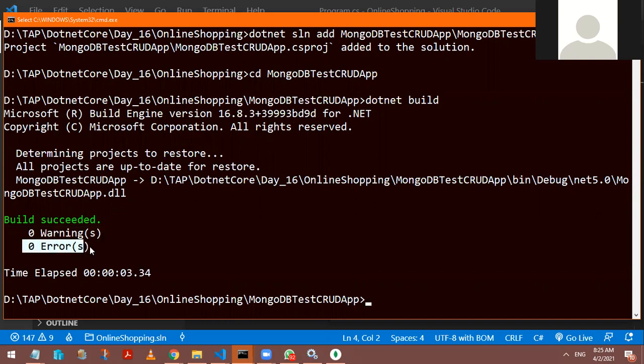Errors will never allow your program to be compiled into a DLL. Warnings will show runtime exceptions if you do not handle them properly. So your code should be error-free code. In our software industry, we always use one phrase, zero defect product. Try to deliver a product which has zero defects.